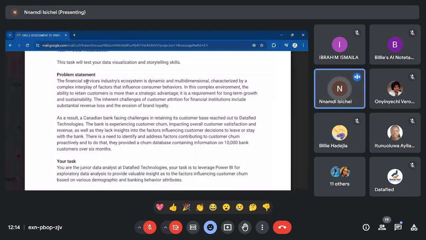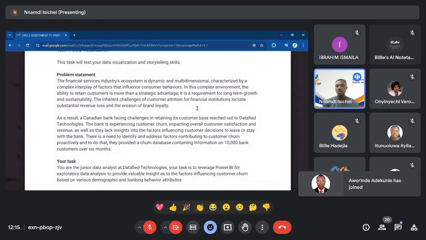So here's the problem statement. The financial services industry's ecosystem is dynamic and multidimensional, characterized by a complex interplay of factors that influence customers' behavior. In this complex environment, the ability to retain customers is more than a strategic advantage. It is a requirement for long-term growth and sustainability.